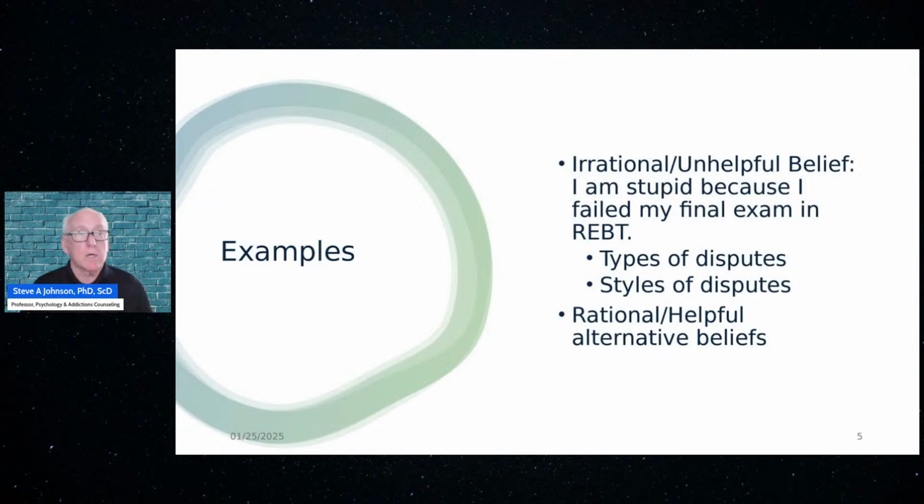The global evaluation of the self would be, I'm a loser, I'm a failure, I'm no good, I'm beyond hope, I'm beyond redemption, all of that kind of nonsense. We all believe that at times. That's just human. But it's not helpful when we do that. So what we want to do instead is unconditional self-acceptance. People really get confused about that, and I will cover unconditional self-acceptance in a few minutes.